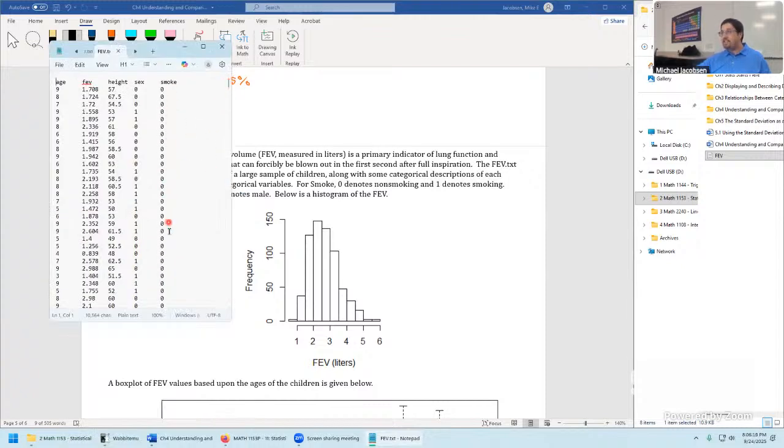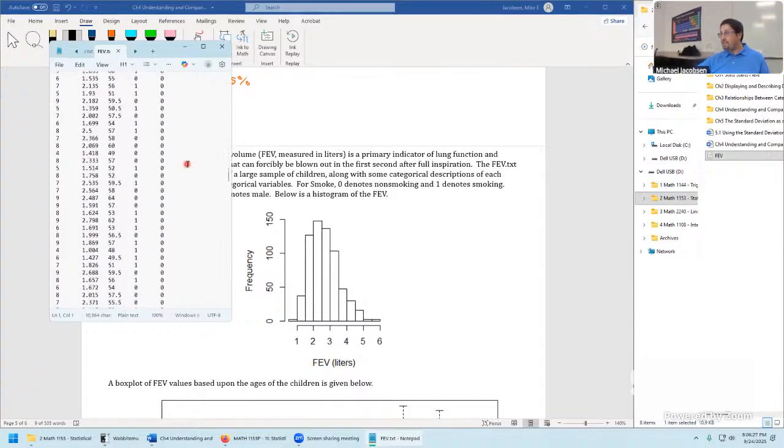It's kind of comforting to see that zeros propagate a lot of the observations here in this data set. Loads and loads of zeros. You have to really look hard to find the ones. 1 means the child was smoking, but it might have been a designation for including secondhand smoke in the home or something along those lines.